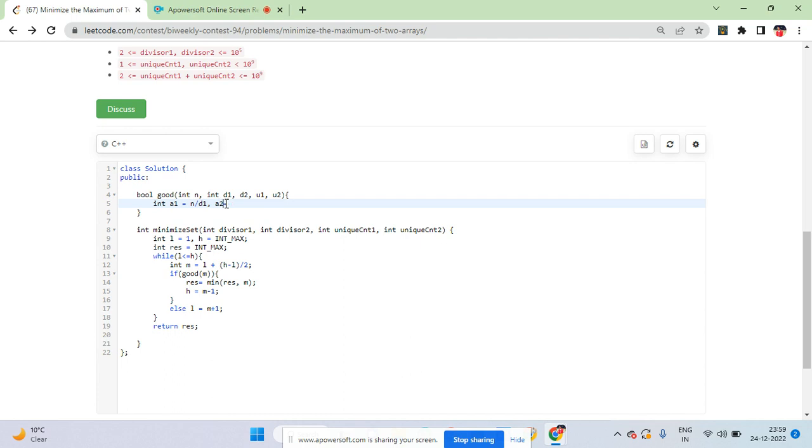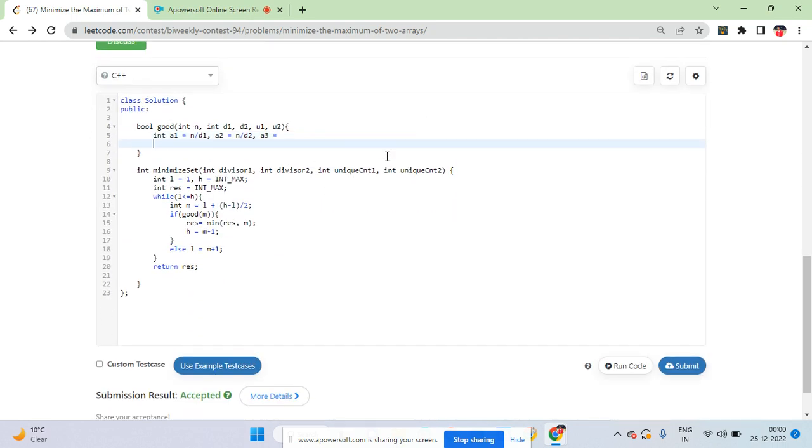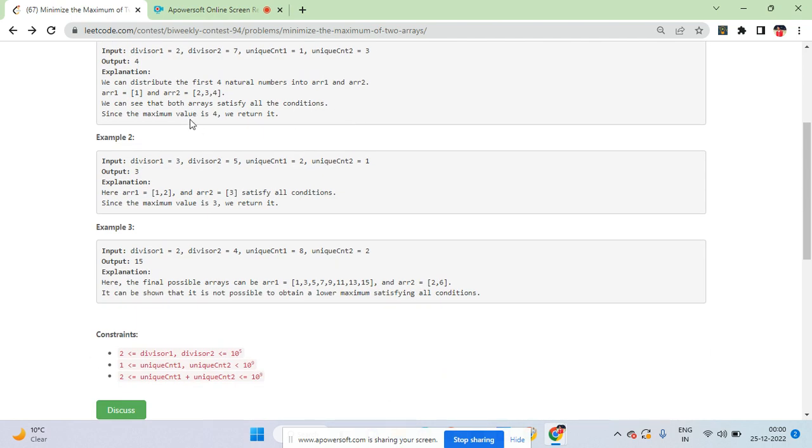a2 is d2, how many multiples are possible in the range n, right? And then let's find a3. Basically a3 is a good thing which you have to look out for. First of all, we will say return n minus a1 should be greater than or equal to u1. What this means is that your current number n, which we are saying satisfies all the constraints, when I exclude a1 numbers from it,